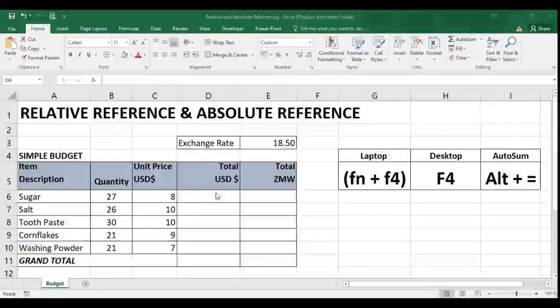Hello, in this short video tutorial, I'm going to deal with what is known as a relative reference and absolute reference in Excel. These are two principles that every Excel user must know because they are very important in copying formulas. Very, very important. Now, let's start with relative reference. What is relative reference? Before we even deal with that, let me just refresh every user on some already known facts